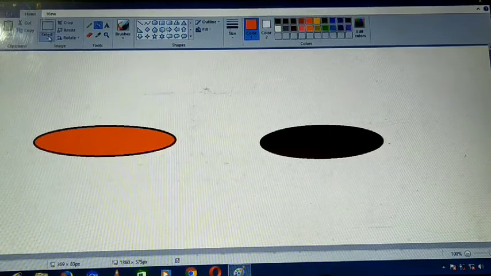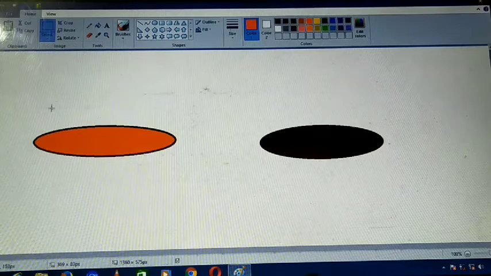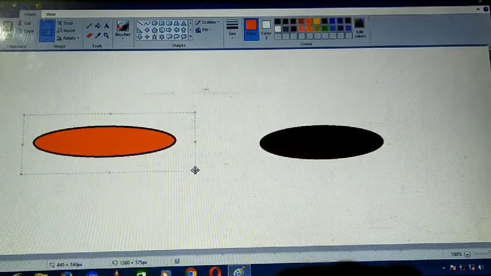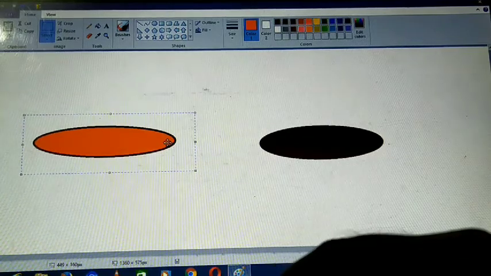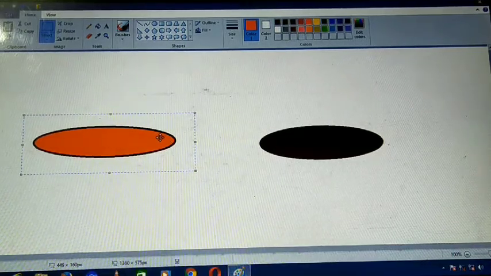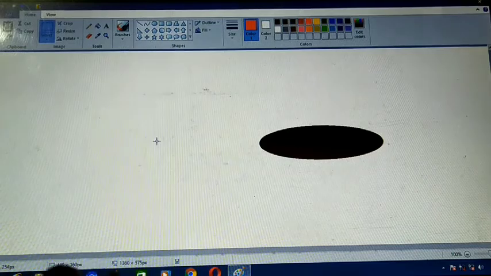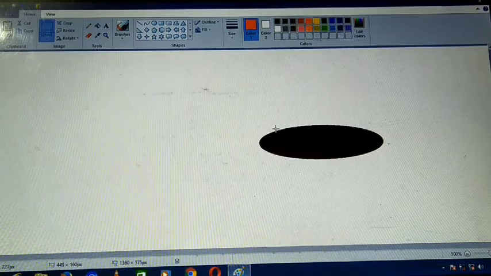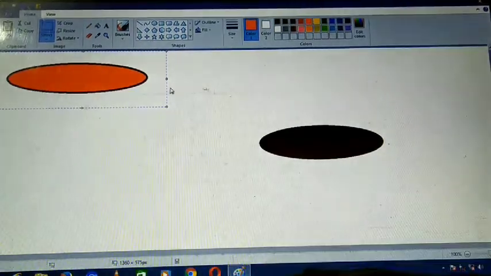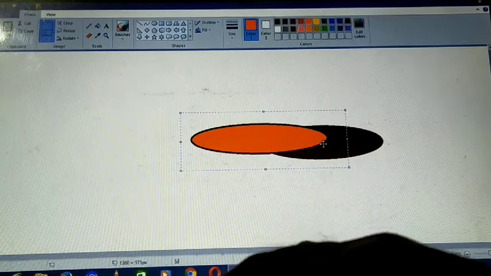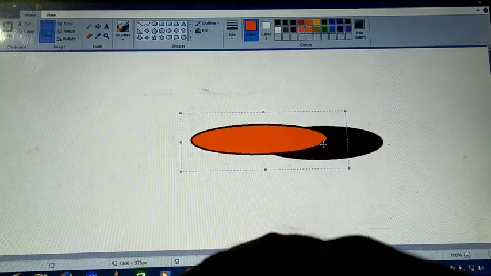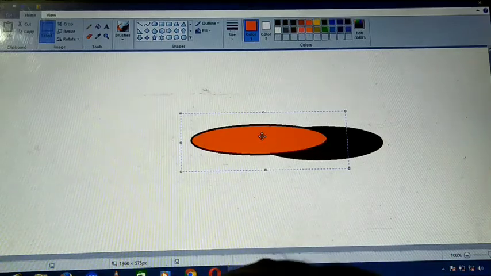I can select this with the help of the rectangular selection tool, and when I have selected it, I right click, or the other way is Control plus X. This is also one of the ways. And where you want to paste, you can paste with the help of Control plus V. So you can paste it here also. So this is the way of selecting, cutting and pasting.